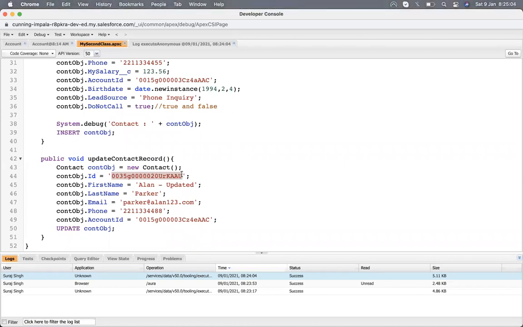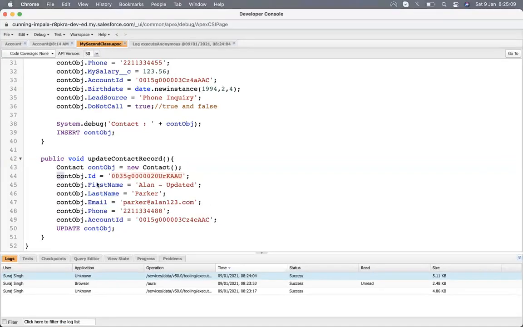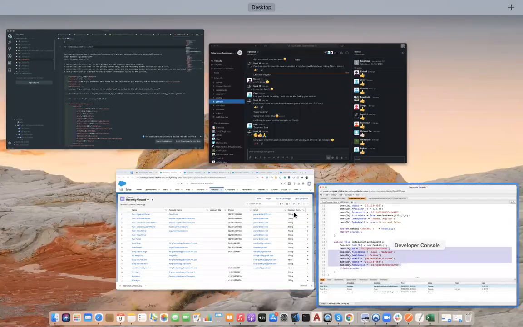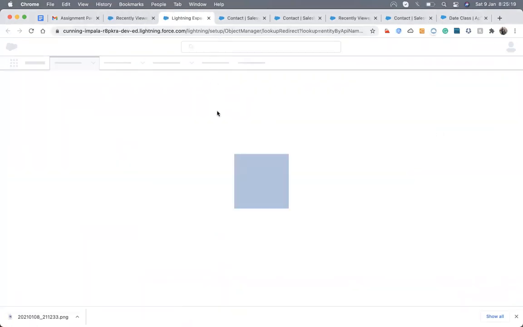Now since we don't have any external ID field on contact, I can create one. Let me create an external ID field.